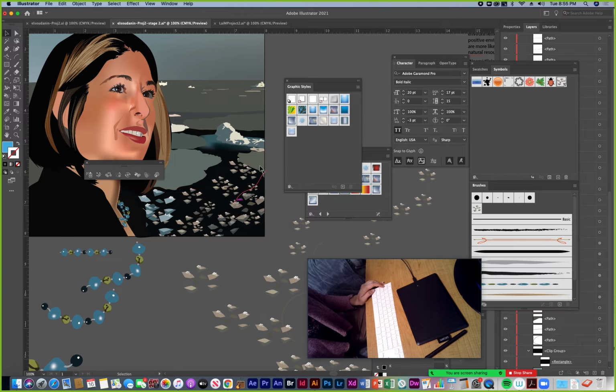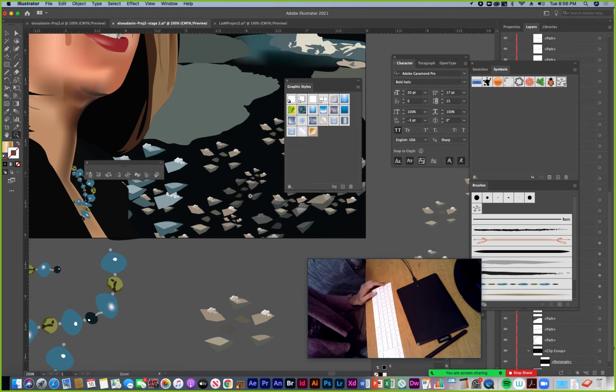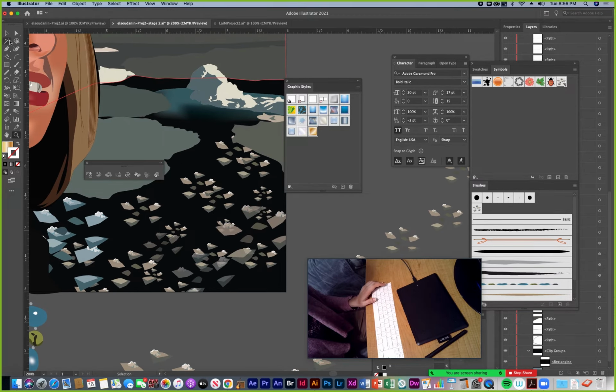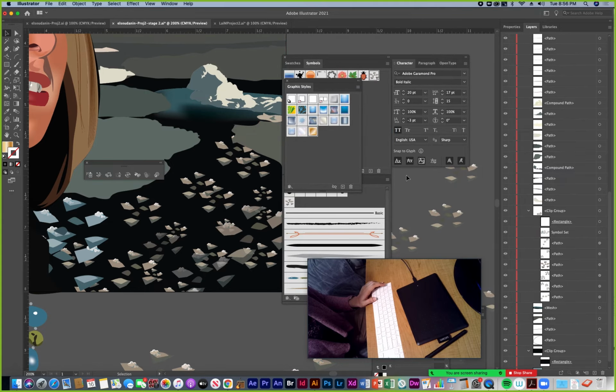Let me just deselect this when I'm adding styles, so I can click to add additional styles, and then they go into my graphic styles main panel, and then I can close the library up, and then I can select my symbol group here, but it's kind of hard to select it on my artwork, so I need to go back into my layers, my clip group, and target my symbol set, and then I can take my symbol styler tool and I